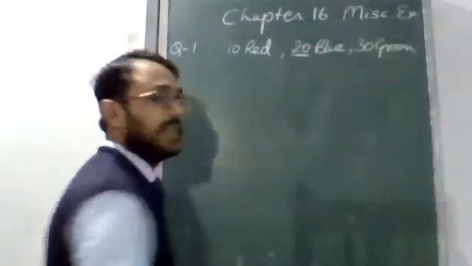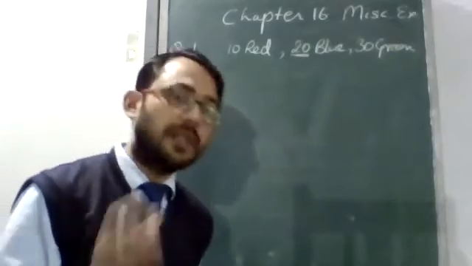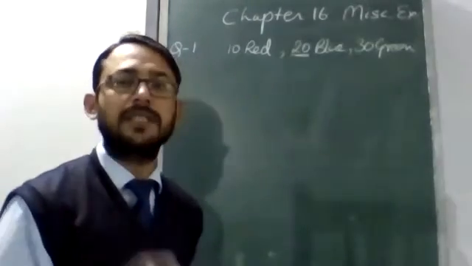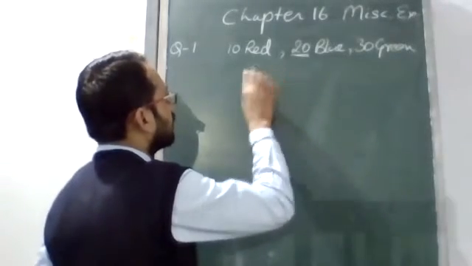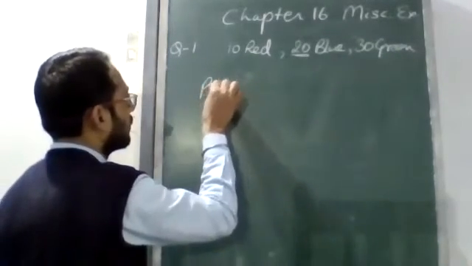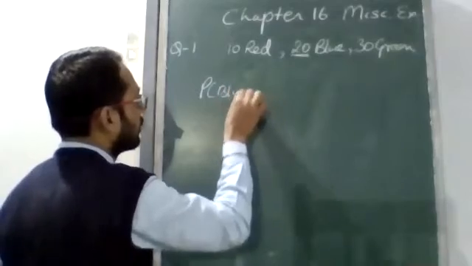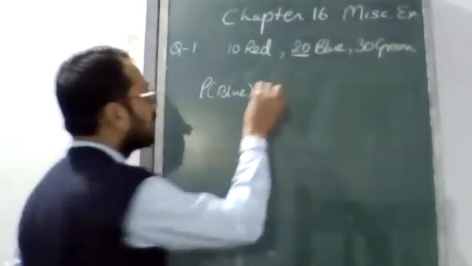So what could I do for taking out only blue marbles? Think, any good option, any opinion from your side? See, from the 20 blue marbles, I want to take out all the blue marbles. So the probability of a blue marble is equal to